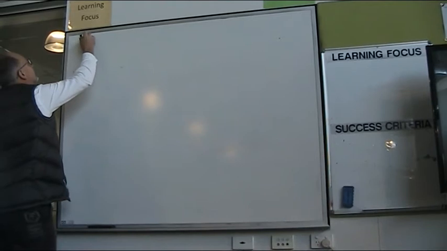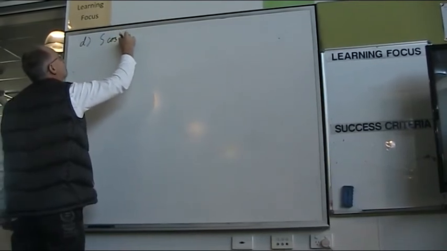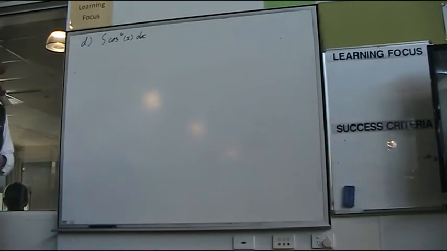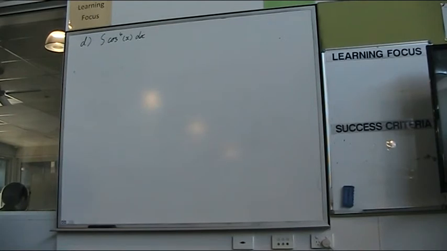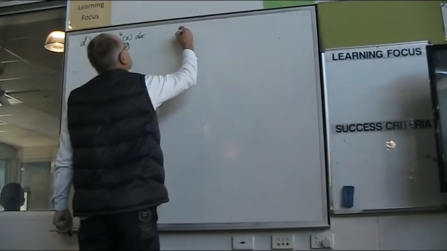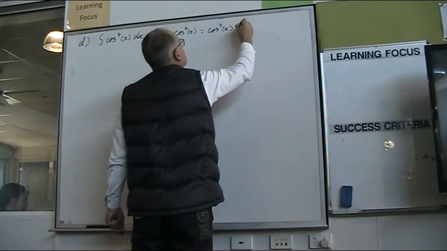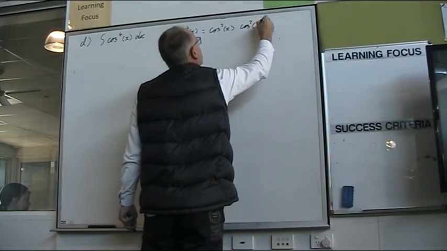So this particular one, D, is quite fiddly. We've got cos to the 4, and so we somehow need a cos to the 4 in there. So we need cos squared times cos squared. Cos to the 4 is cos squared times cos squared. Now before, with one of those double angle formulas,